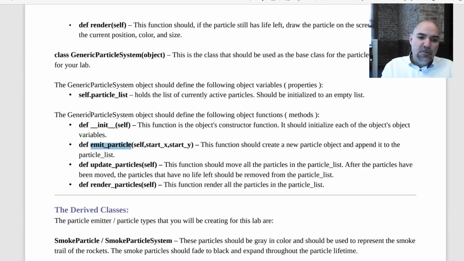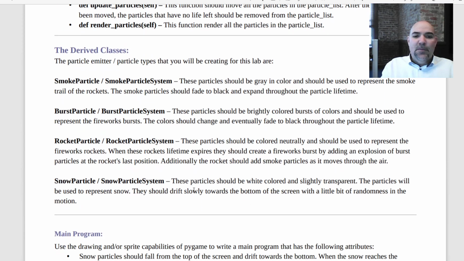Update particles goes through all of the ones in the list and updates all of them. Render the particles goes through all of them in the list and renders all of them. Now, essentially what you're going to have is these derived classes that are built off of the generic one. So smoke particle, notice it says it'll be gray in color